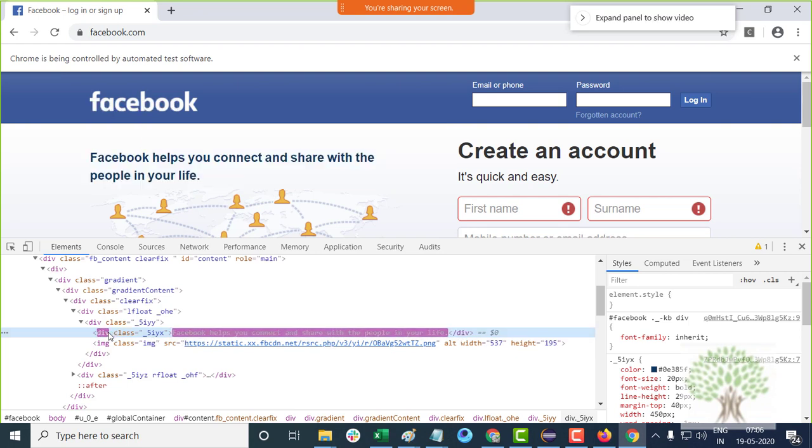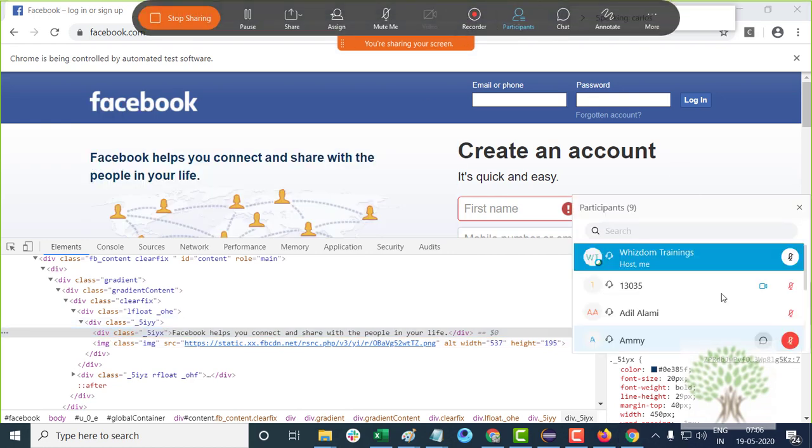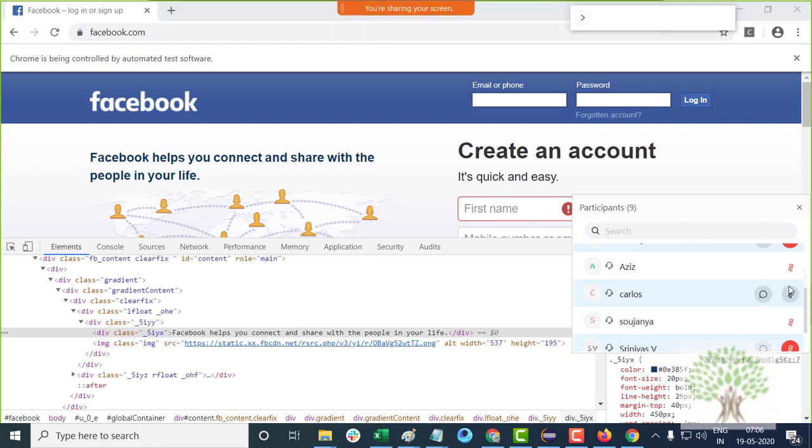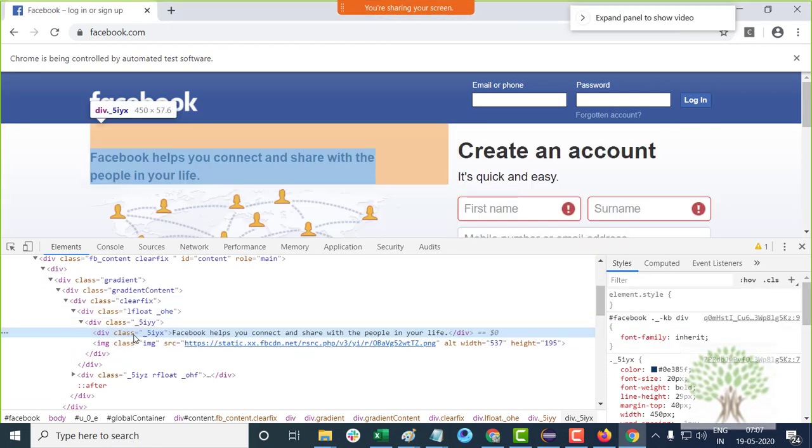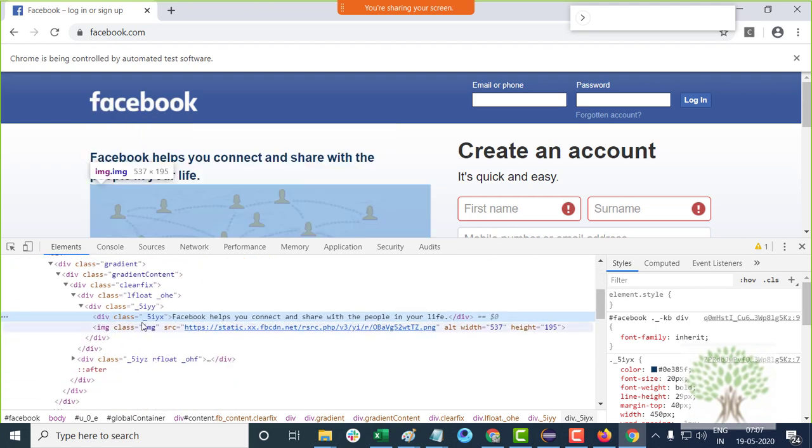This text is inside a division. This division has this particular class, but this division has got no ID or name, so you cannot identify the element out here. So over here we will have to use XPath.